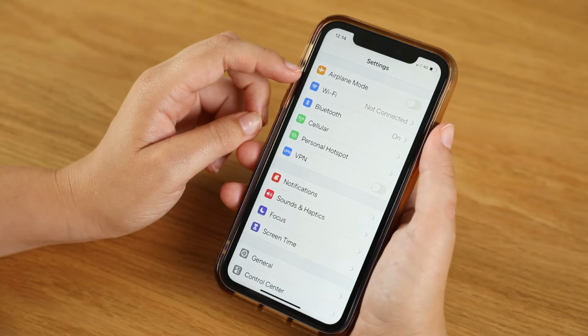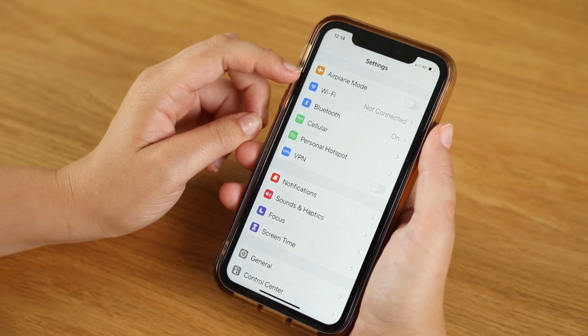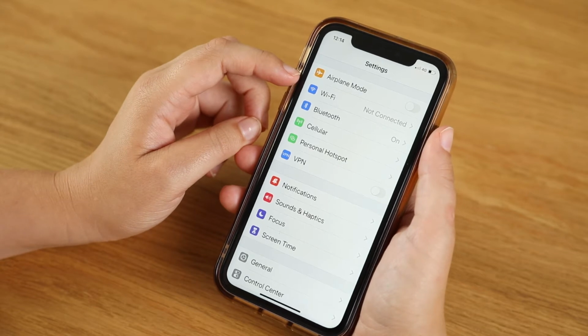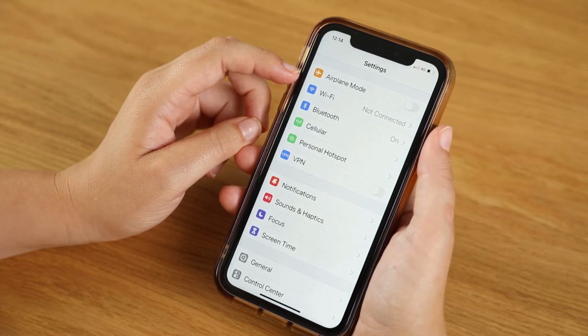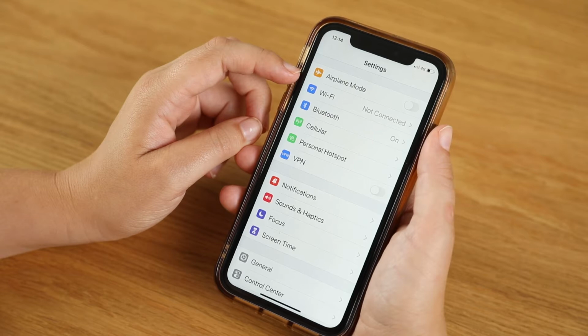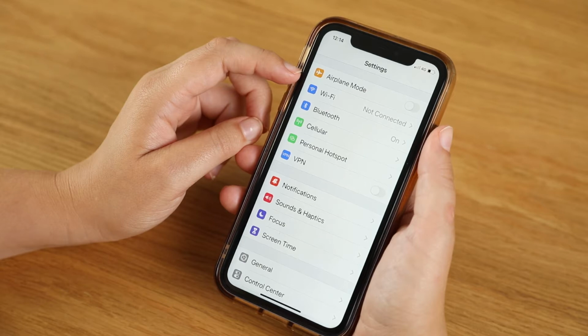The first group of options in the settings is the connectivity group, and all of these settings are related to connecting your phone to calls, internet, and devices. And there's a great example of that in our top setting, airplane mode. You may recall your last flight and how the stewardess probably asked you to turn off your cellular device. Well, the reason for that is not that using a phone is dangerous, but that the electromagnetic waves can interfere with the flight's communication on the ground. Airplane mode cuts off all communication between your device and the internet and calls, making it safe to use on